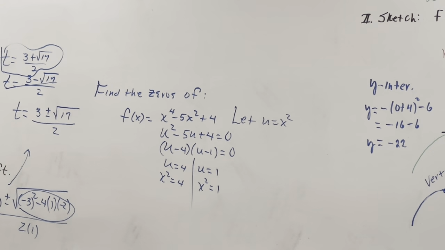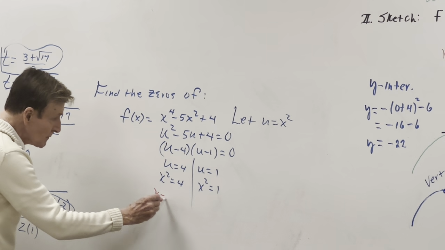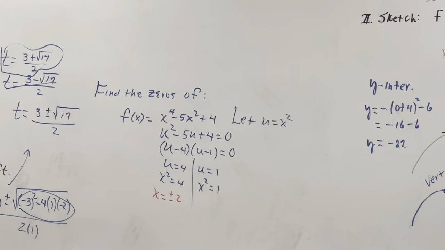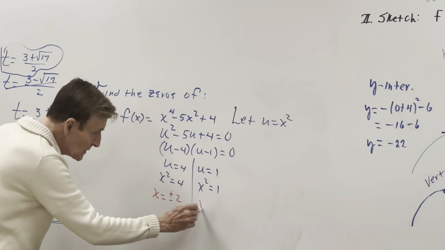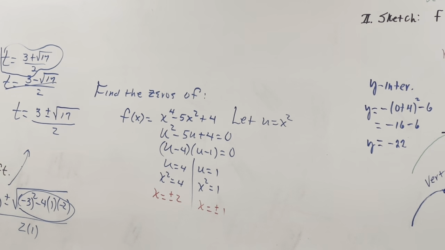Now I think I see the answers coming out. X squared is equal to 4, a little tiny quadratic. But I see right here the answer has to be 2 answers, plus and minus 2. And the one on the other side is also a small quadratic, and has 2 zeros. X is equal to plus or minus 1. And are those my 4